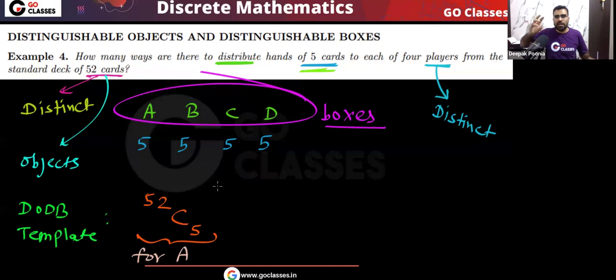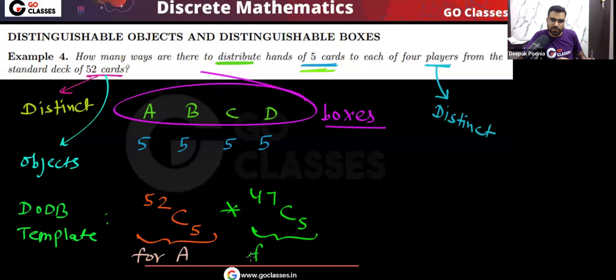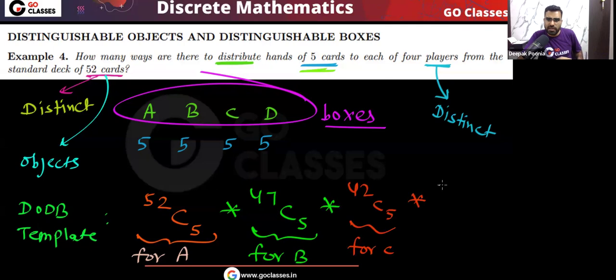So 52 choose 5 and I will give to A. Then from the remaining 47 cards, I will choose 5 cards and I will give to B. And from the remaining 42 cards, I will choose 5 cards and I will give to C. Then from the remaining 37 cards, we will choose 5 cards and we will give to D. That's it. This is the answer.